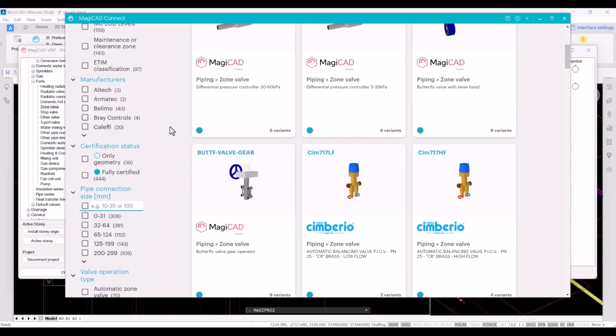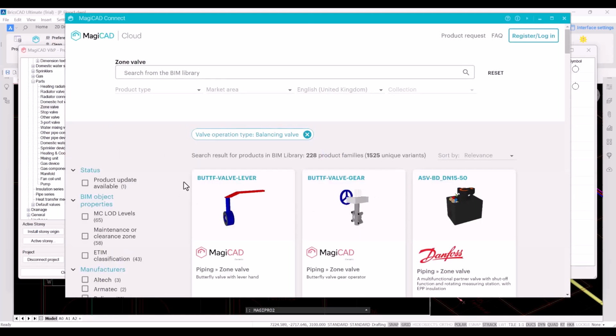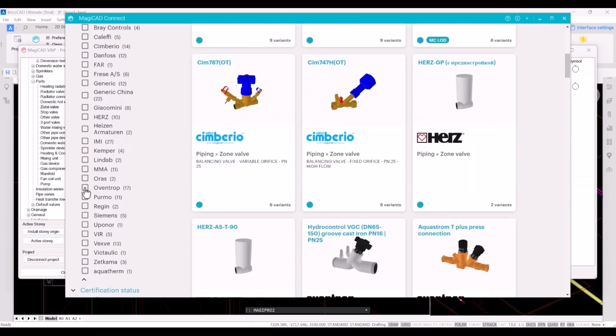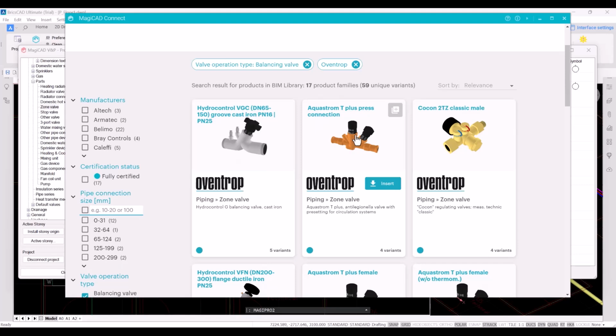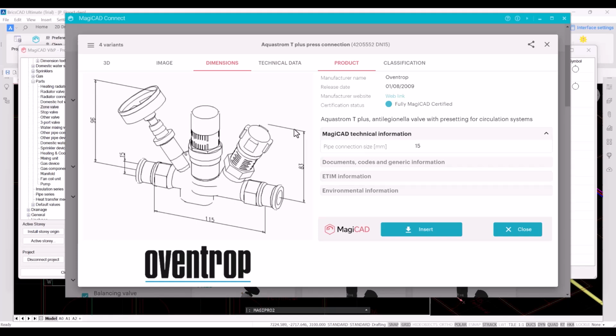Let's do some filtering here, for instance, according to the valve type, balancing valve here, and maybe a manufacturer. These figures give us the number of products that meet the filter criteria. And here we can take a look at the product leaflet with its technical data and geometry. Inserting of the product happens here by clicking,